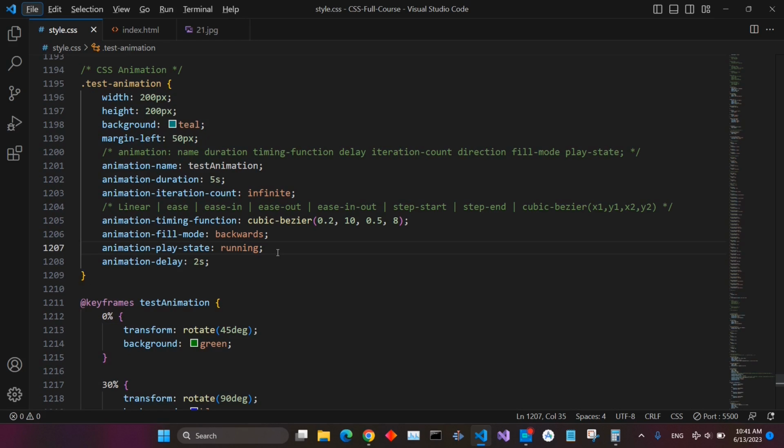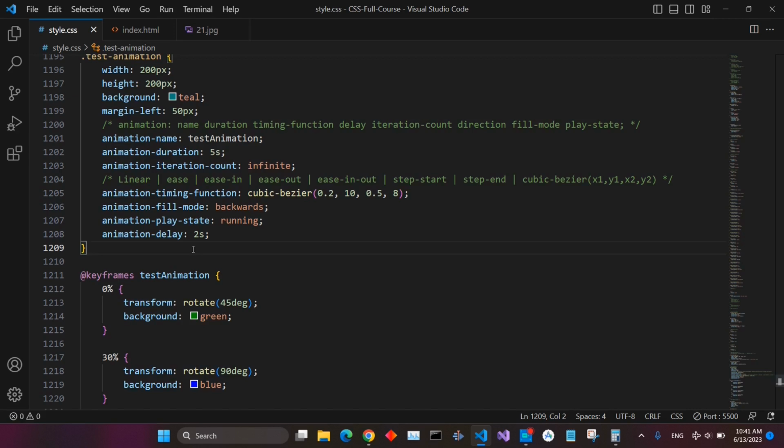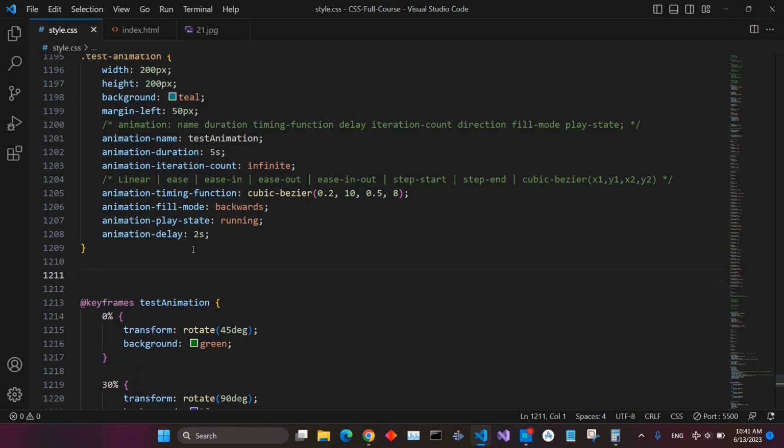Final word about CSS animation. You can give animation to any HTML element in this way, or you can give it using JavaScript. In JavaScript, it is the best practice that you give here a class and then put all the animation properties inside that class, and then use a one-line JavaScript code to insert or remove this class from the HTML element,